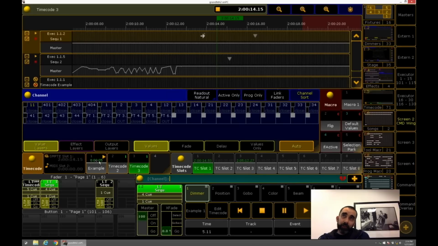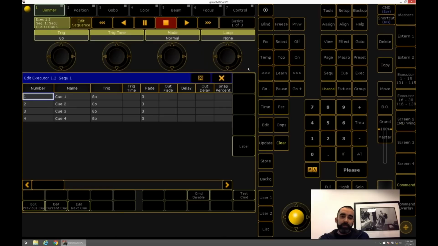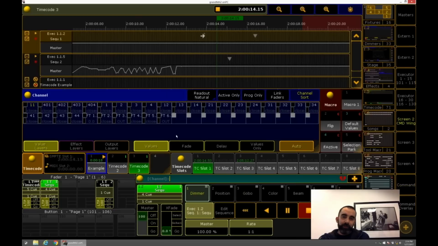If I want to create a really cool set of cues and I want to be able to play them back and have them look the same every single time, and don't want to base it off follows and chasers and all that stuff, just record it into a timecode show, adjust the object location, and you just hit go on your timecode show that's internal to the show. So it's just another playback tool.